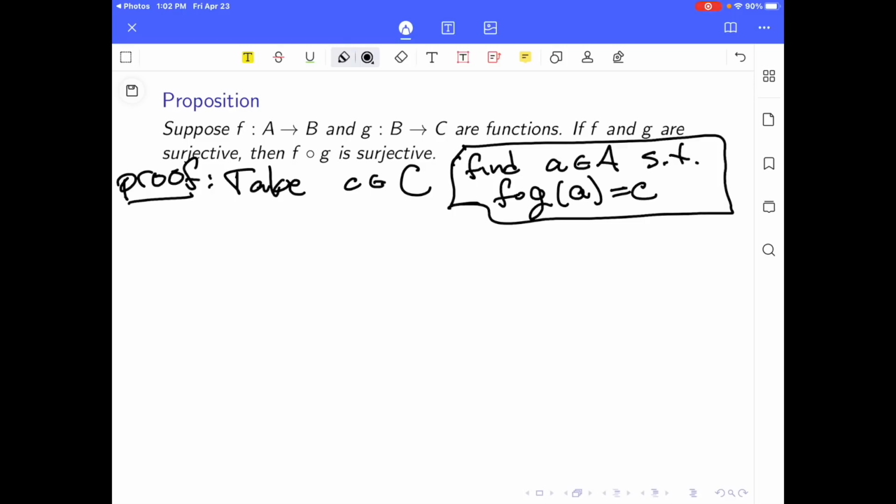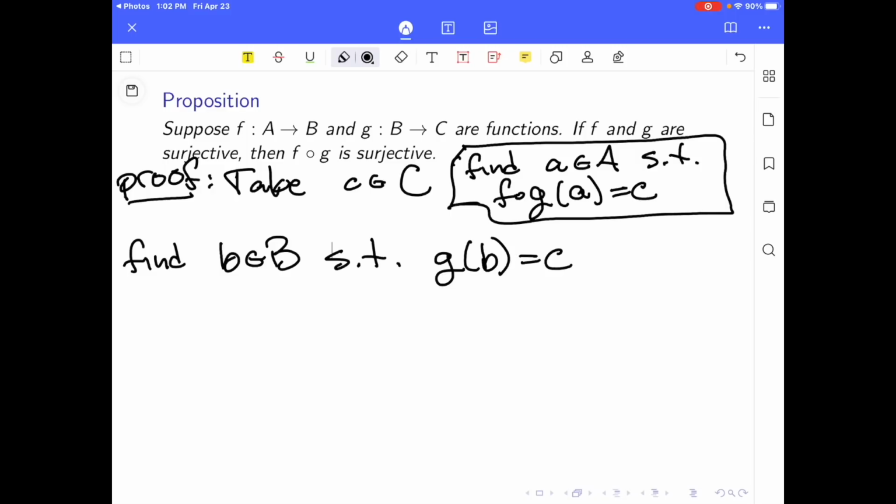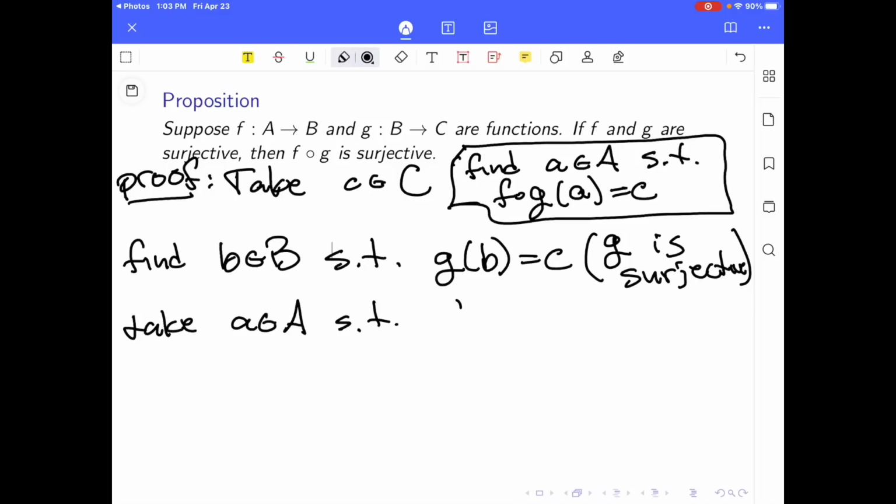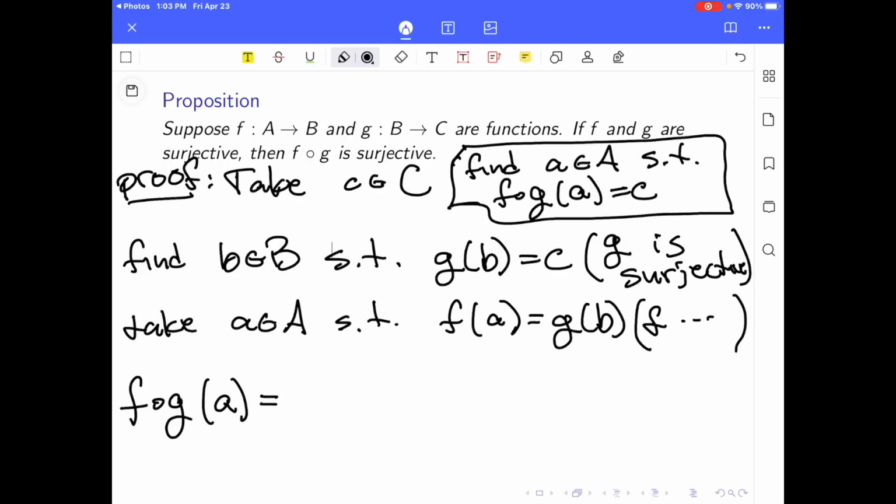Okay, so let's see how we can do that. We'll work backwards, first by finding a little b in B such that G of little b is equal to c. This is possible because G is itself surjective. That's what we've assumed. But now we can do that one step further back with F. So now let's take a in A such that F of a equals G of b. We can do that because F is surjective. Okay, but now we're pretty much good to go. Now let's evaluate F composed with G at a. Notice that gives us F evaluated at G of a, but that's F evaluated at b,